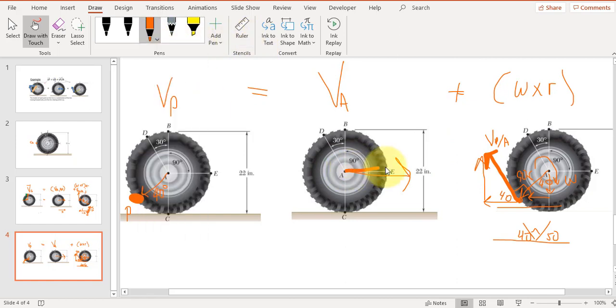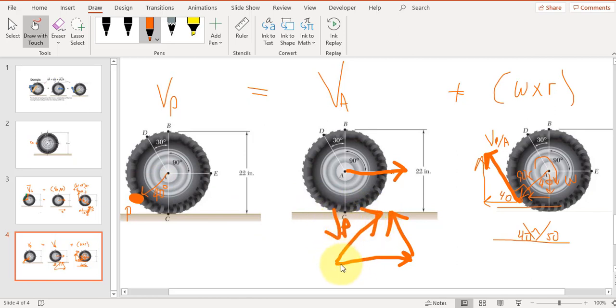But then once we have the x and the y components here, we're going to add these two vectors together. So we're going to add velocity of A, which is again just straight here in the x direction. If I can draw a straight line. So yeah, here's our VA that's in the x direction. We're going to add that to this vector. So when we add these vectors together, head to tail, the total velocity of this point here